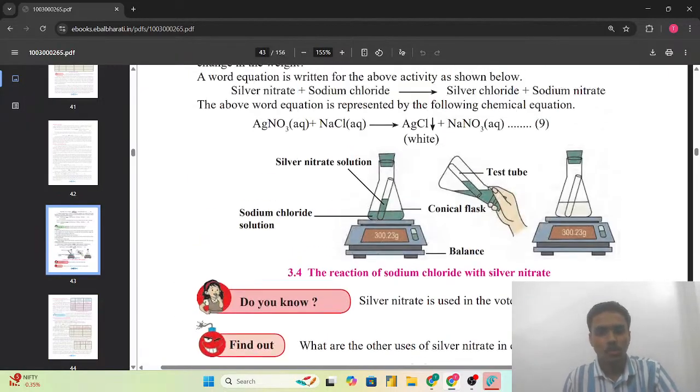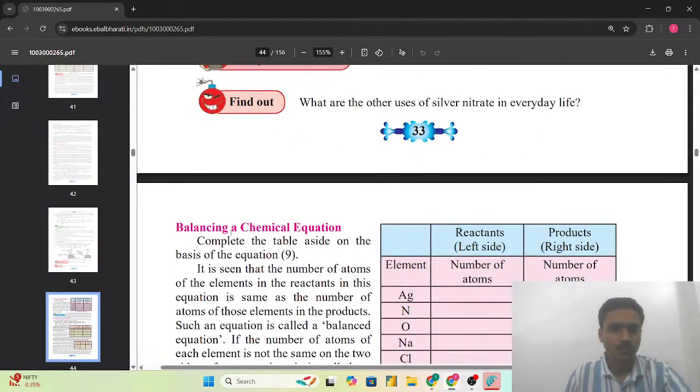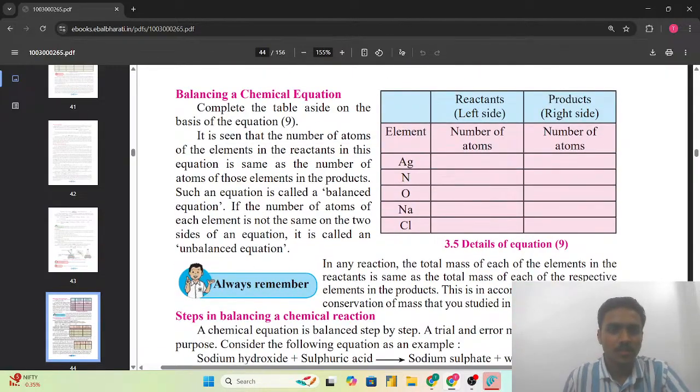Complete the table aside on the basis of the equation 9. सो इक्वेशन 9 जो कि हमने यहाँ पर देखी थी, this is the equation 9. That is AgNO3, that is the silver nitrate, NaCl aqueous, when combined gives AgCl, that is silver chloride, and NaNO3, that is the sodium nitrate. So this we have seen, the chemical reaction. So क्या कहते हैं वो? So complete the table aside on the basis of the equation 9. मतलब equation 9 जो हमने देखी थी तो उसके बेसिस पर हमें ये टेबल कंप्लीट करना है।